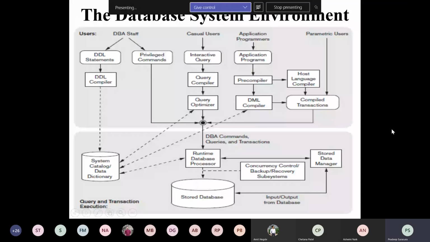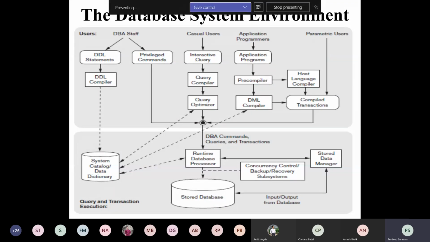Sometimes it is called the database system environment, or database system components, or some people say the different components of database systems.